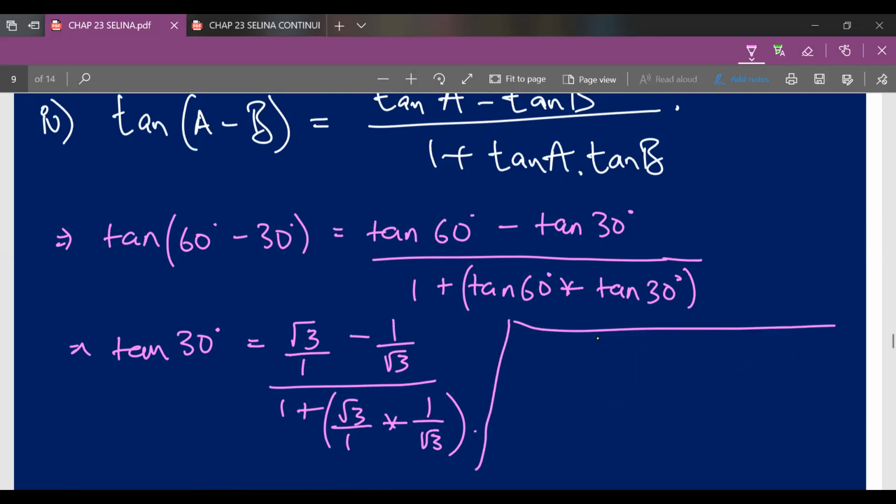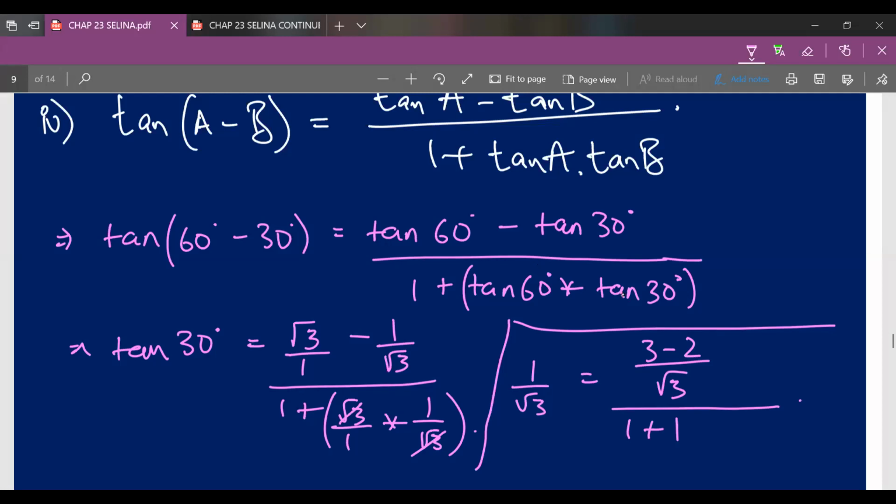So over here tan 30 degree will be 1 upon root 3, and over here root 3 upon 1 minus 1 upon root 3. So our denominators are not the same, so all I have to do is find the LCM of this denominator. So that will be root 3. So the denominator will be root 3, and in the numerator 1 into root 3 is root 3, so therefore root 3 into root 3 will be 3 minus 1, whole divided by 1 plus, so root 3 and root 3 get cut, and all I'm left with is 1.